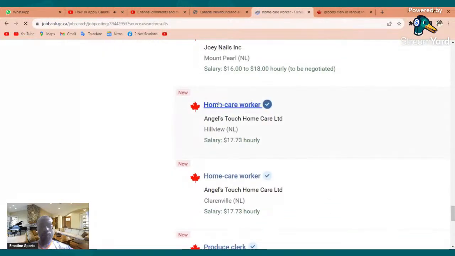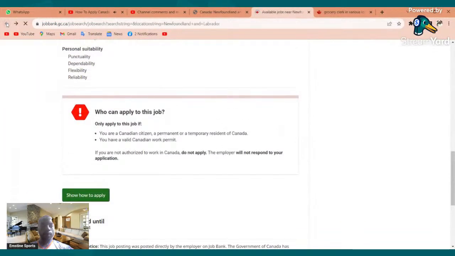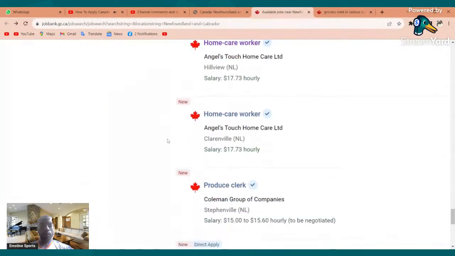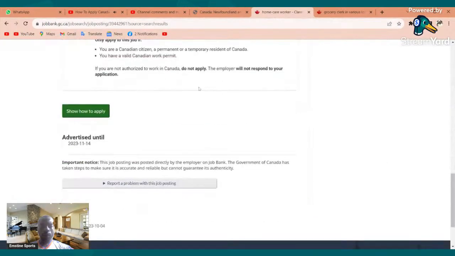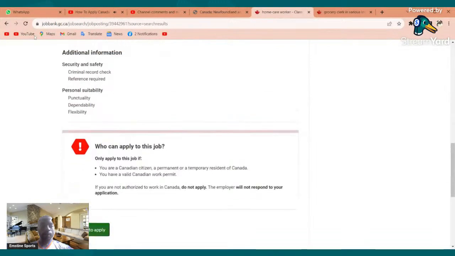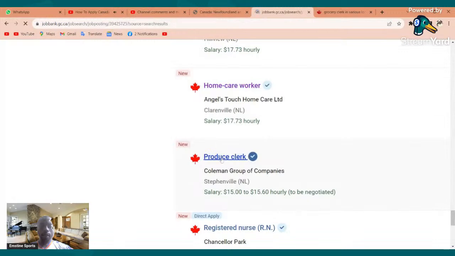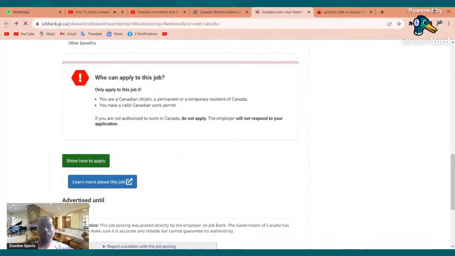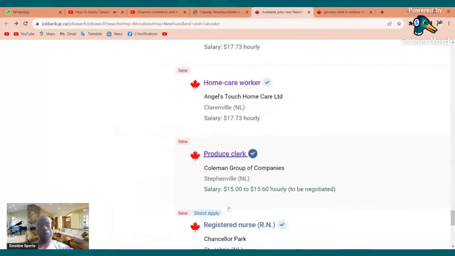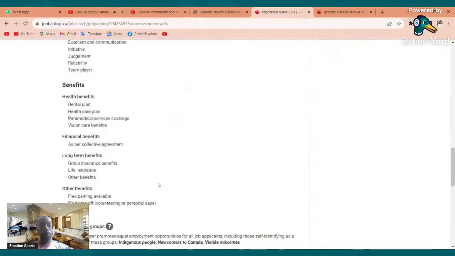Home care worker. Not accepting foreign workers. Home care worker again. Not accepting foreign workers. Produce clerk. Not accepting foreign workers. So you see, when we were working mainly across the whole country, we were seeing